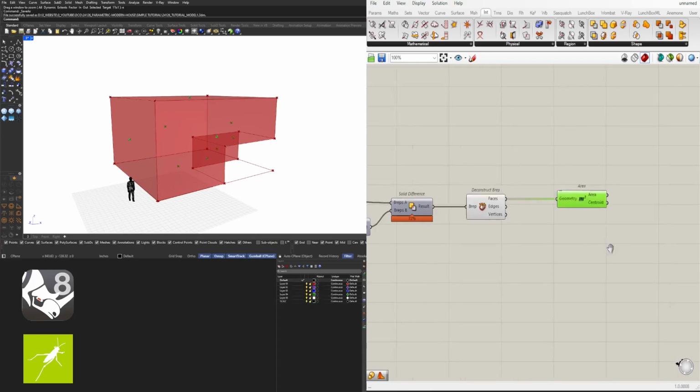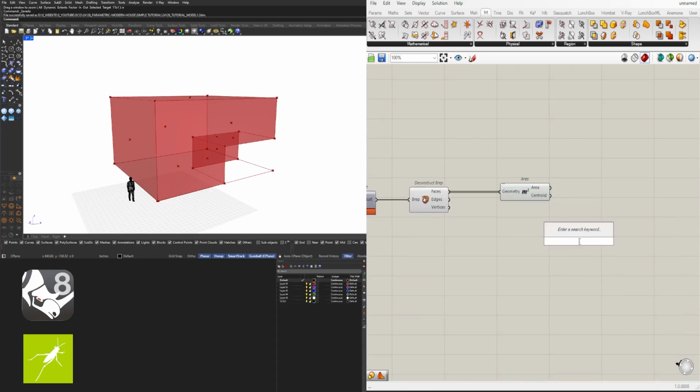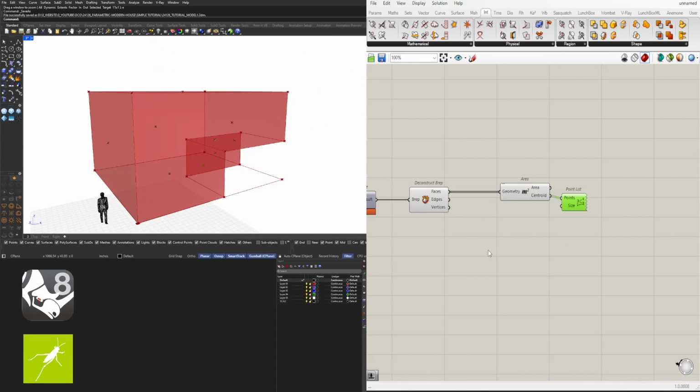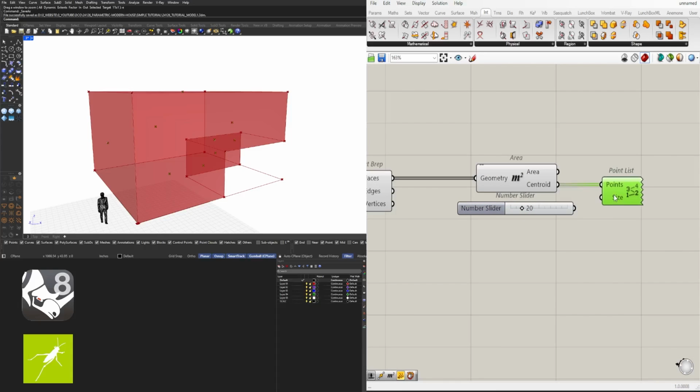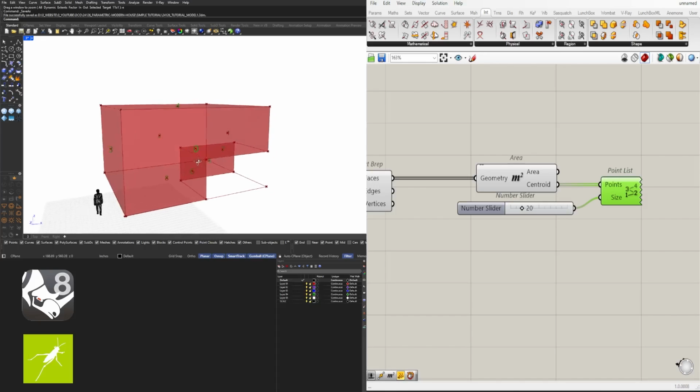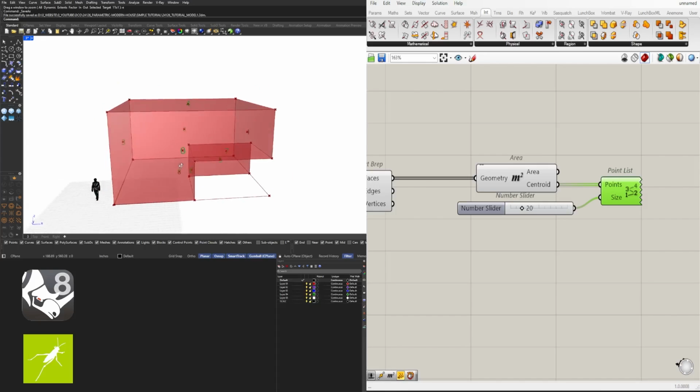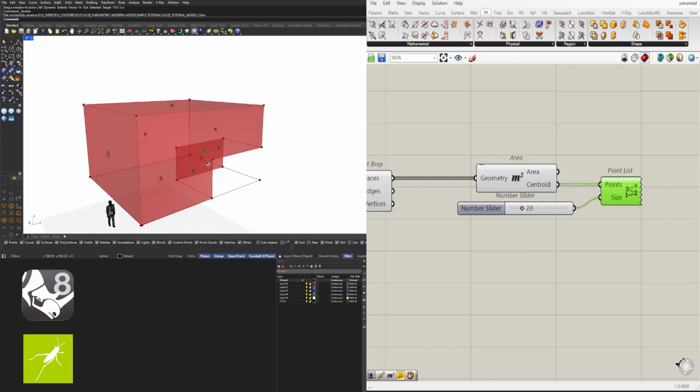And when we do that, then we can see how they're numbered by bringing in a point list. I'll use the centroid as the point input. Notice that we're getting a number in here, but it's a little small. So let's go here, change the size. Now we can see the number of every side, and this makes it a lot easier to be able to